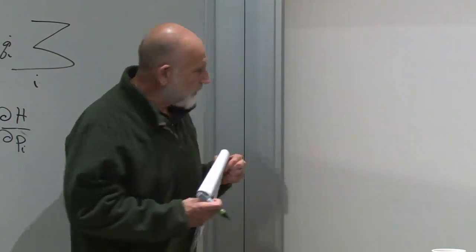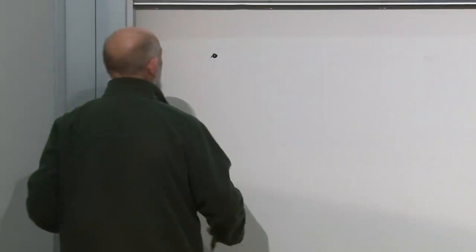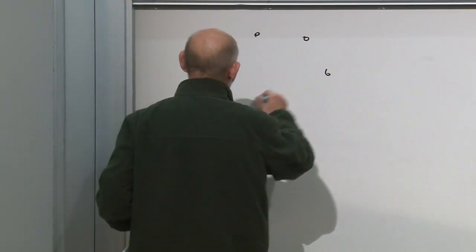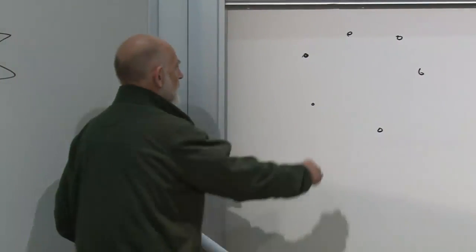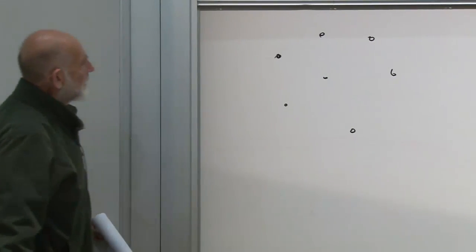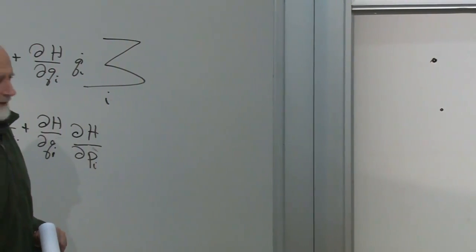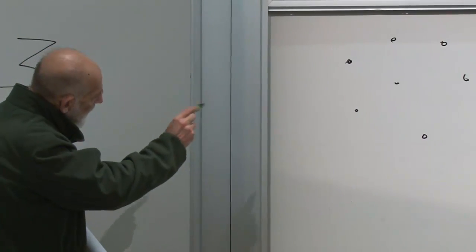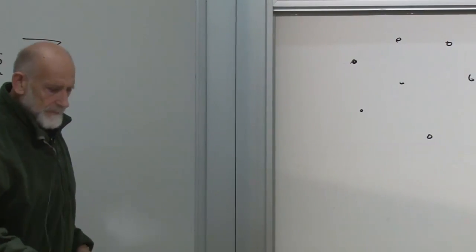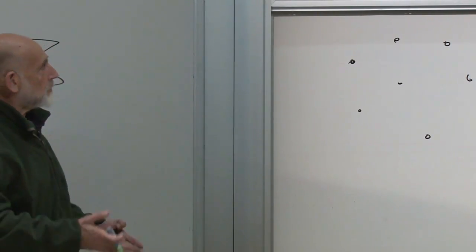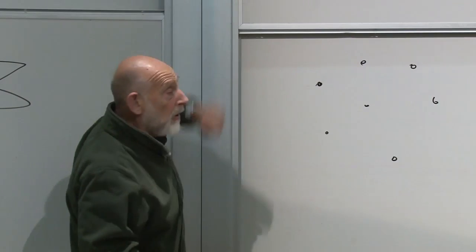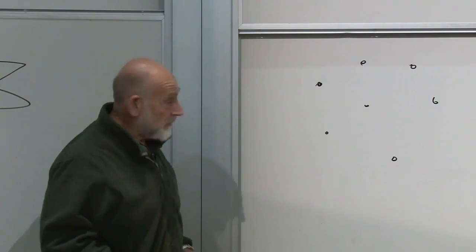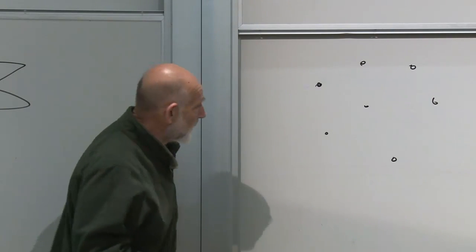Okay, let's abandon this whole line of thought for a moment and return to the very first lecture, and remember what we said. We had some kind of system which was characterized by some sort of space of configurations. Let's put another one over here. That's a die with 7 faces: 1, 2, 3, 4, 5, 6, 7. And we drew some arrows to indicate how the system moved. The arrows are in some sense very similar to this idea of a flow in phase space. They're telling you where to go next.